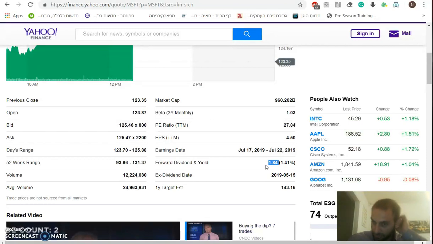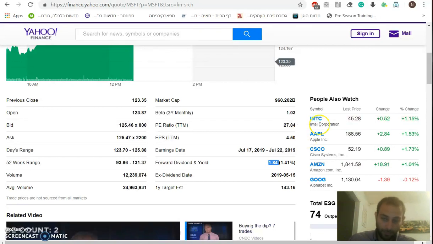If you are holding, let's say, 100 shares of Microsoft, you'll get 1.41 for that dividend, right? If we said you're having 100 shares, you'll get as a dividend $1.41